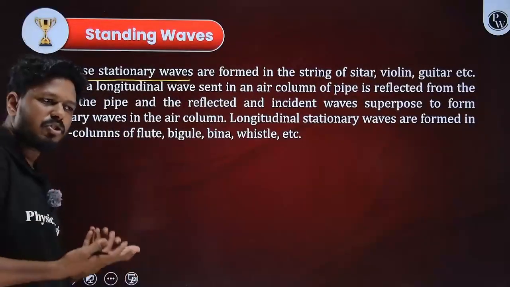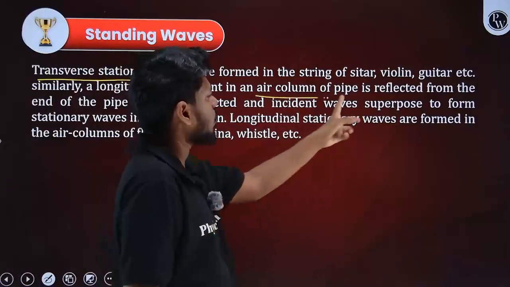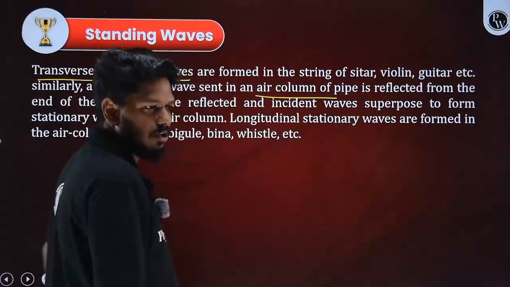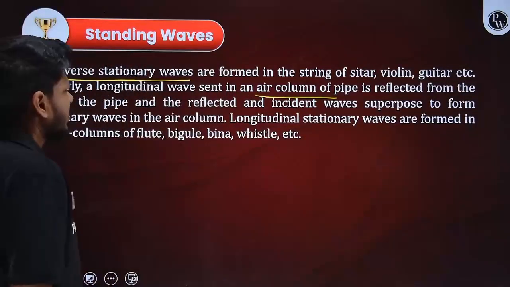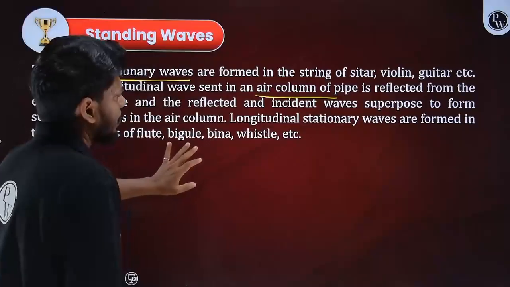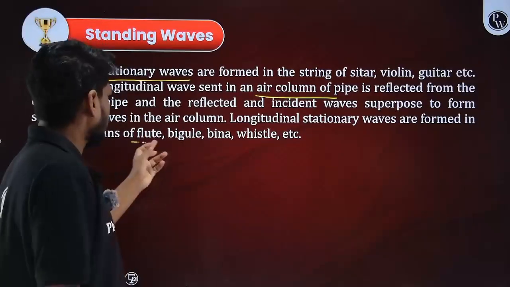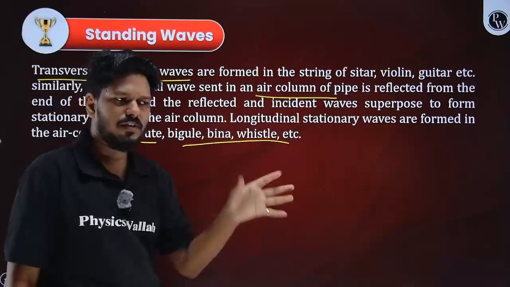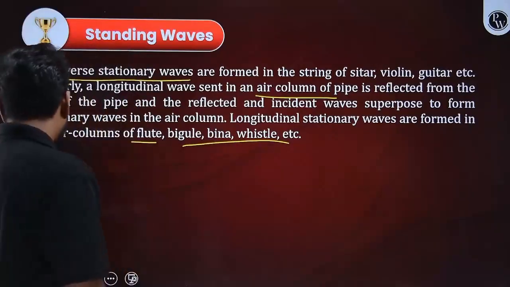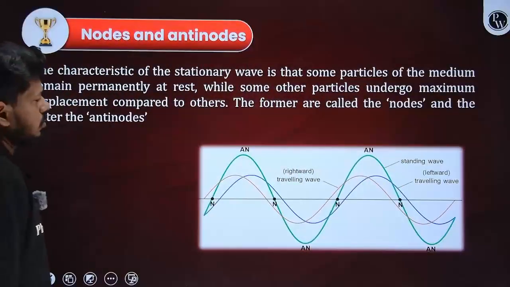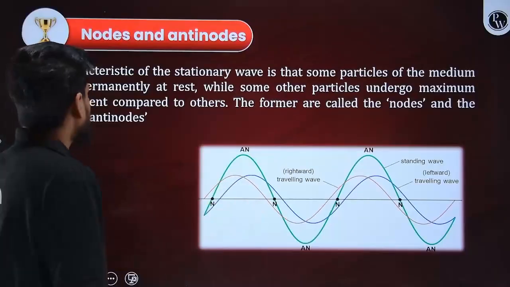So either it can be string or it can be in air column. Okay, open air column and closed air column, both we are going to discuss. So examples of open air column are like flute, veena, whistles, everything are examples of air column. So before coming to this part,